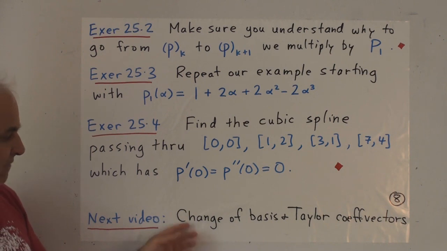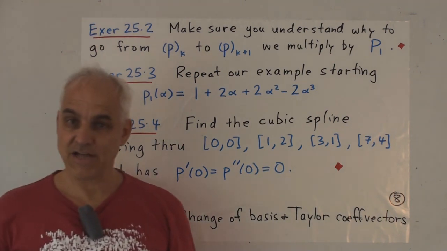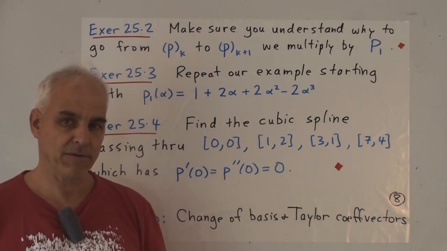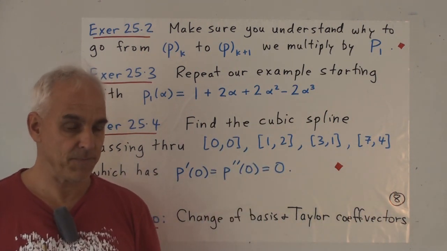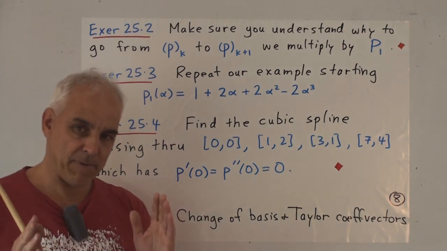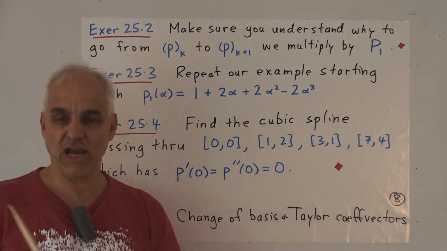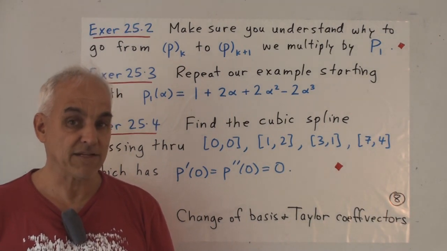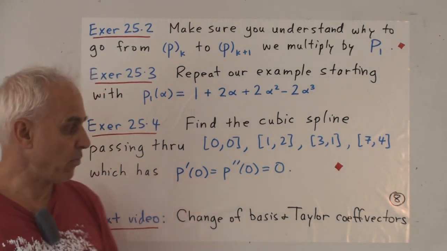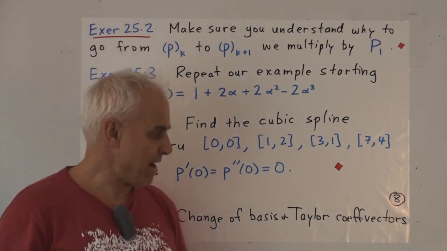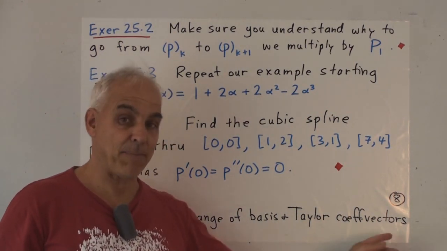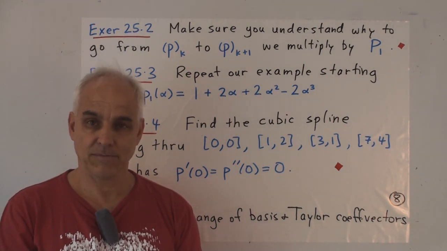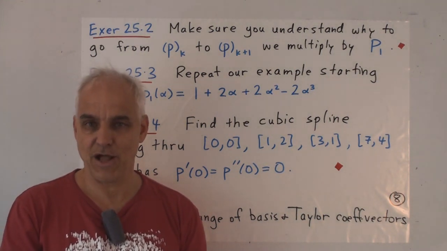So we're going to formalize a little bit our discussion of change of basis that we've informally been talking about here and in previous videos too. And so we're going to have a bit more formal layout of this change of basis framework, which is often a confusing point for many students of linear algebra. And we're going to illustrate things by talking some more about this very interesting application of these Taylor coefficient vectors. Quite a significant application to calculus.